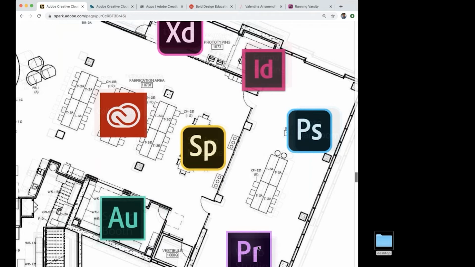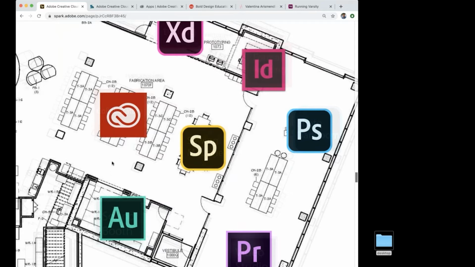Photoshop, we all know that's a photo editor. Premiere Pro is a video editor. Audition is sound editing. Adobe Spark, I loosely associated, somewhat comically in my own mind, with the sewing machine because what you're looking at right now is a Spark page, and Spark page, like a sewing machine, makes it so easy to stitch things together and to bring things together that I like putting it in the center of this